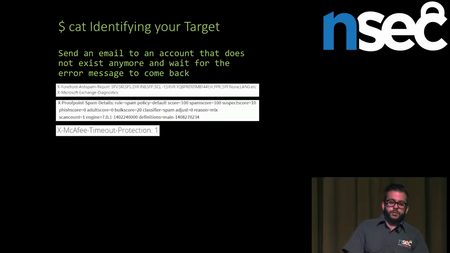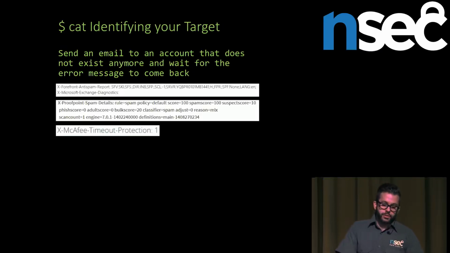So you want to identify which kind of security product your clients have. There's a couple of tricks for that. Most of the security products tend to be verbose. They kind of want to show you that they're there and they're really proud of being there. So they're usually going to have a bunch of information that you can actually use. Try to find an email that is not used anymore, one that has been deactivated by your targeted corp, and send an email to that address. Of course, it's going to bounce back saying that the user does not exist anymore. And look at the SMTP header.